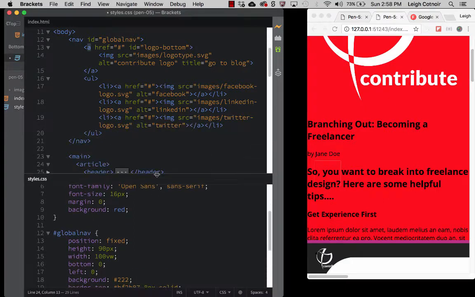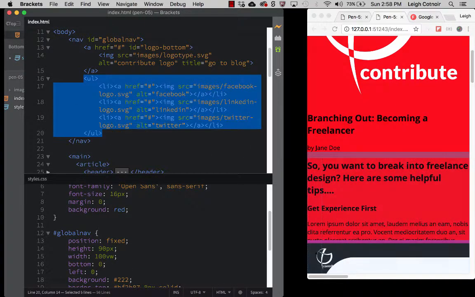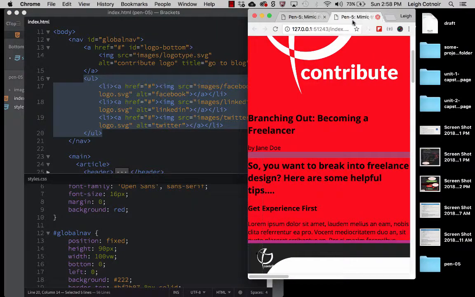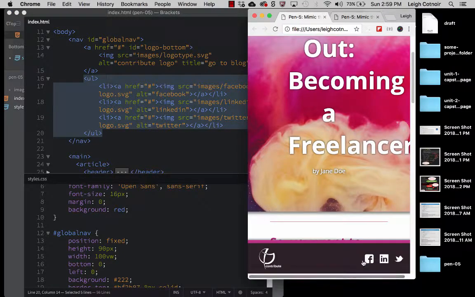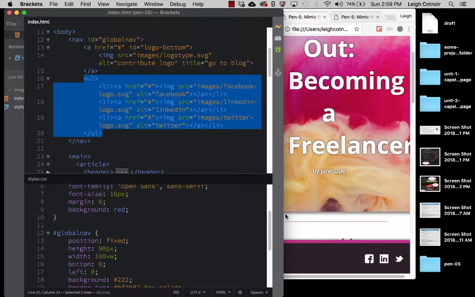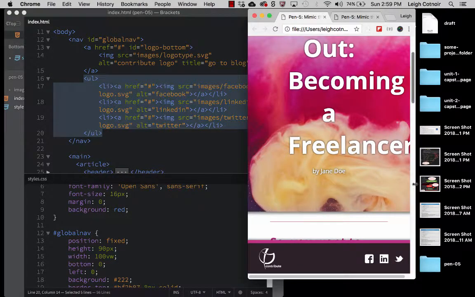If we go over here and we look at this UL, that's the thing that comes after that A, and the UL has a bunch of list items in it. And if you look at our example over here, let me close the Google font thing. If you look at our example, you'll see that these links are just sort of floating over here, or they're not necessarily floating. The list itself is over here to the right, and we could do the same thing with the list as we did with the